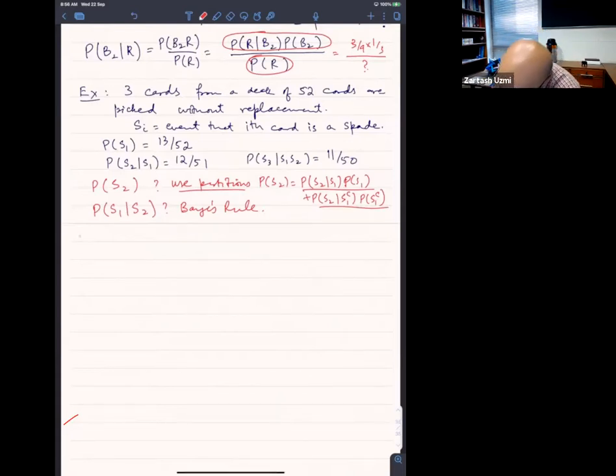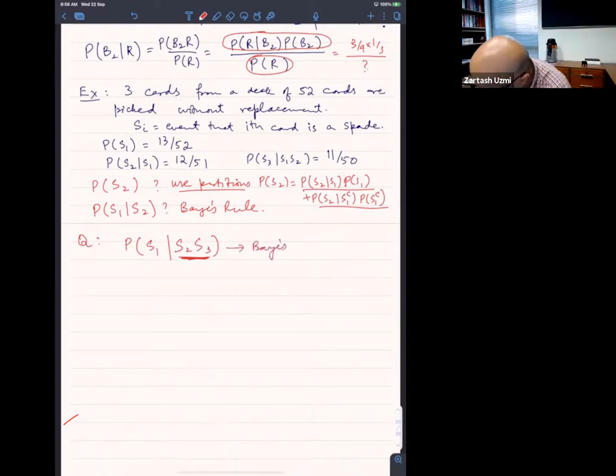Now I am going to ask you yet one more question. What is the probability of S1 given S2 and S3? Now this is not too difficult a question if you realize that S2 and S3 is an event in future. ये second और third card वाले हैं और आपसे S1 की probability पूछी जा रही है which happens first. ठीक है? So again Bayes rule,